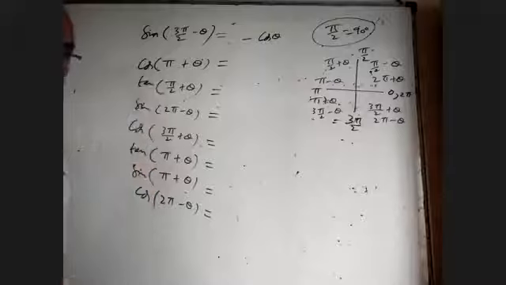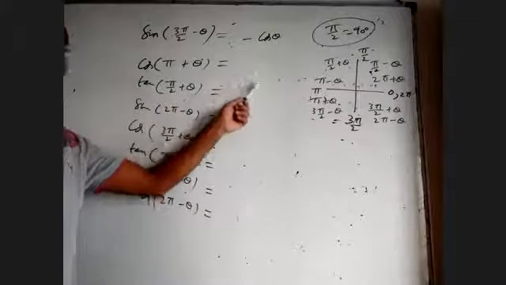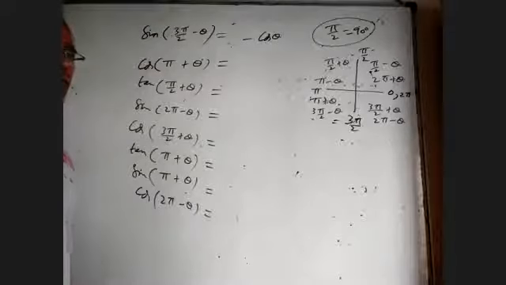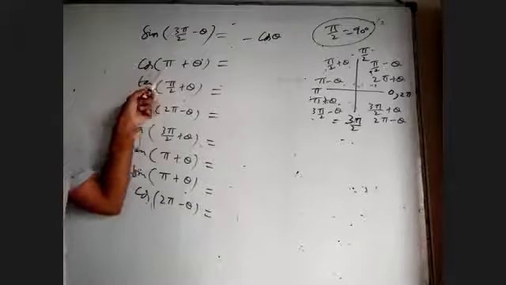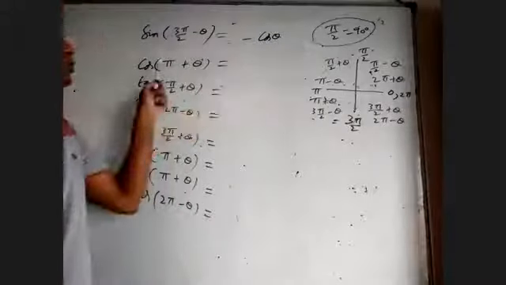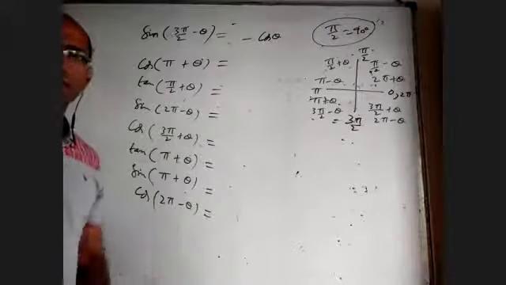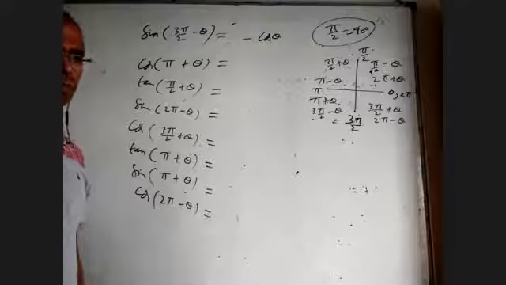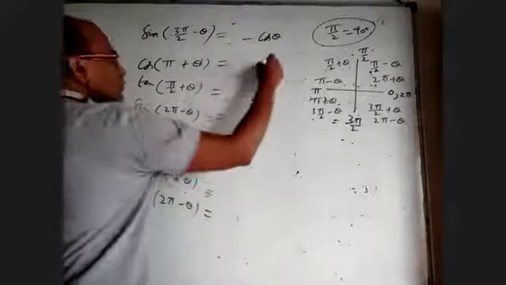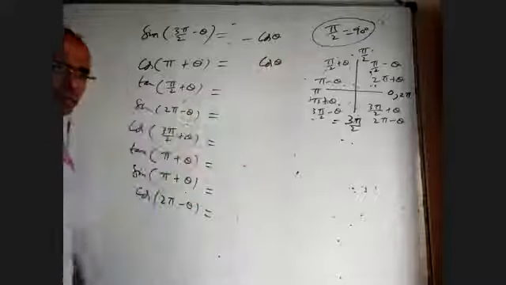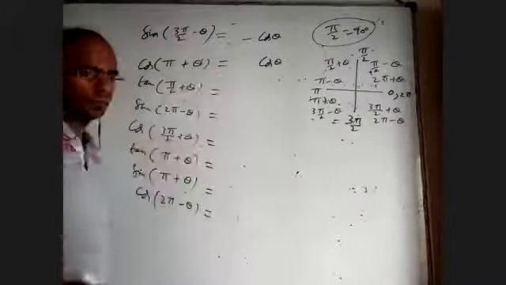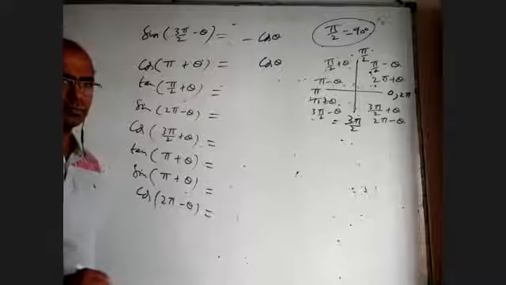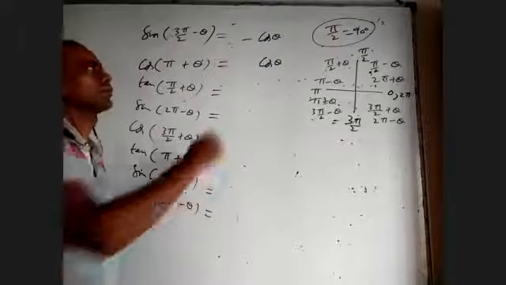Vamsi, cos pi plus theta. Will it come cos theta or sin theta? Sir, sin theta, sir. Why? You may say pi is an odd multiple of pi, but you have to see the multiple of pi by 2. Pi by 2 into how much is this? Into 2. So it is an even multiple of pi by 2 or odd multiple of pi by 2? Sir, then cos theta will come. So cos theta. Plus or minus? Minus. Which quadrant? Sir, 180 plus theta, that is third quadrant. Okay. All right.